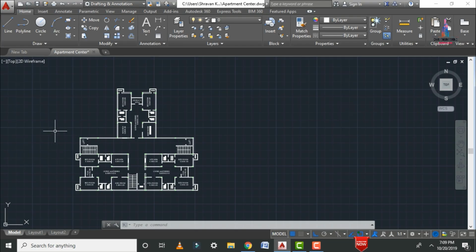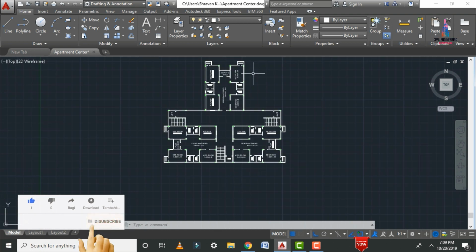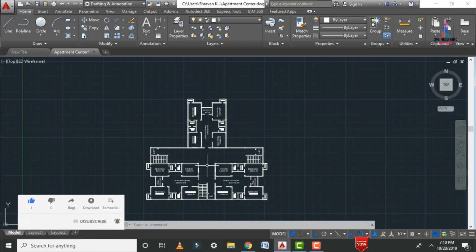In this video lecture, I will explain how to draw the column layout diagram for a 10-story apartment building using AutoCAD software. Column layout is one of the most important topics for architectural purposes. This is my floor plan, which is related to the 10-floor apartment structure. I already explained this floor plan in my previous video.